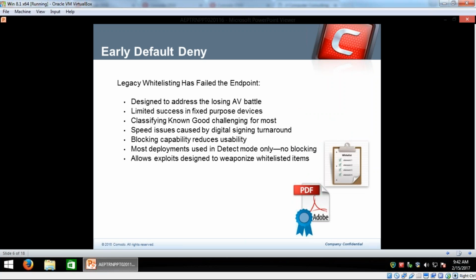Now, there's the early default deny approach, which really protected the endpoints, really protected the computers, because instead of using a blacklist, it has a whitelist that it counter-checks the applications with. So unless your application is something that's digitally certified to be a safe application, then it will not be allowed to run. Now, this is also a problem because it is